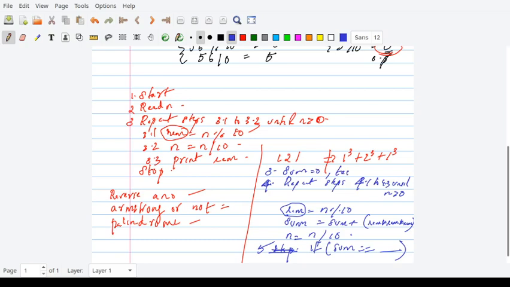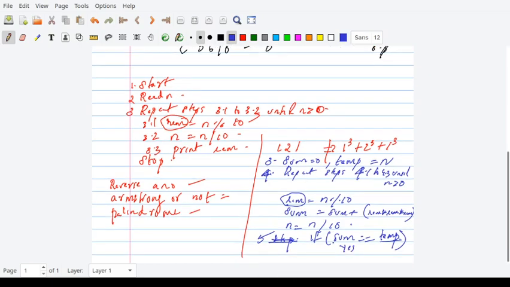You can store this number into a temporary variable, temp is equal to n. So this temp now contains the original number. Now if sum is equal to temp, you will say your number is Armstrong, else your number is not Armstrong.